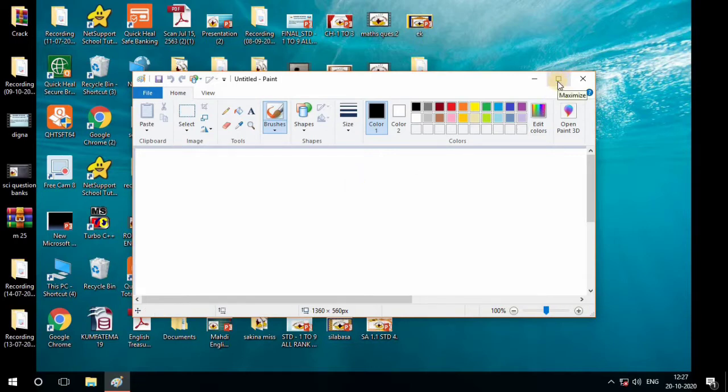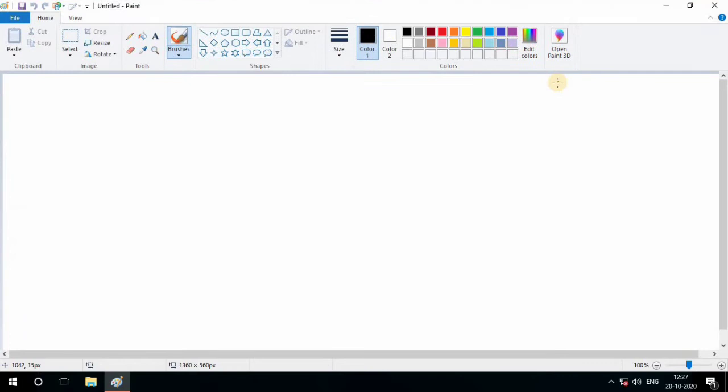By clicking on the maximize button, the window becomes bigger. Now see, in the previous lecture we drew something, right? Does anyone remember what we drew in the previous lecture? Now see, if we want to open a previous file we saved in the computer, which tab is used to open an existing file?